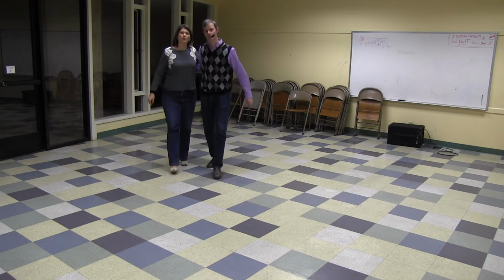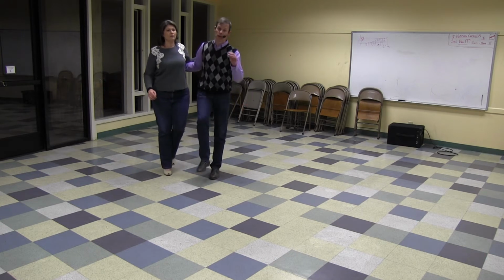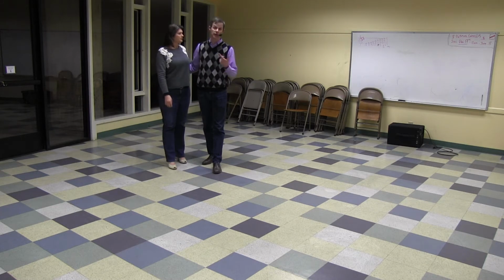This feels a little bit more like a fake out to me. We start to move forward, but I don't get to go very far before Richard redirects and leads our energy backwards. And then to get from side-by-side Charleston back into Bal, we just did the same kind of move